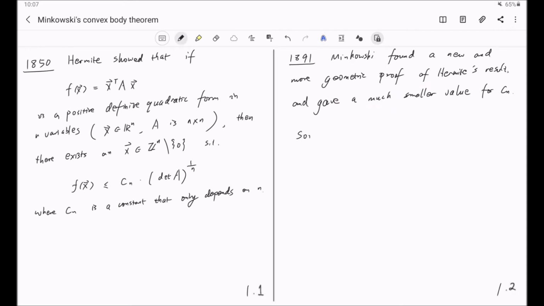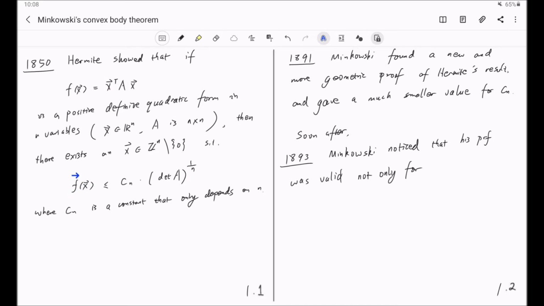Soon after, in the year 1893, Minkowski noticed that his proof was valid not only for this special case. So what is this special case? Specifically, geometrically. If you think of this geometrically,